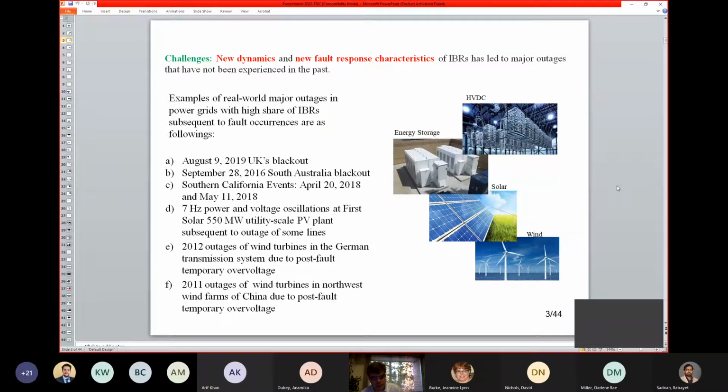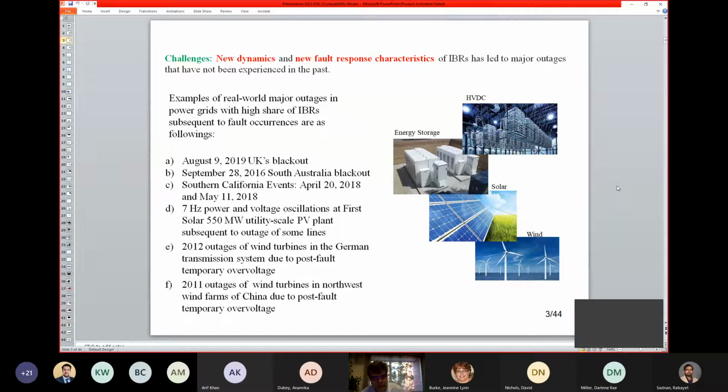Then the Southern California event is also very well-known, a sequence of events in a short period of time, basically a few months. One of the events that happened there was the sub-cycle overvoltages. That was kind of new for the inverters at that time. So there are many research activities on that type of overvoltage. Then we have